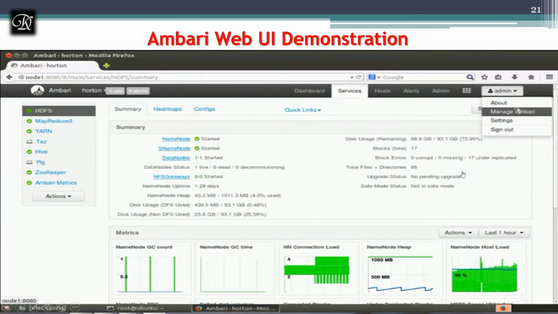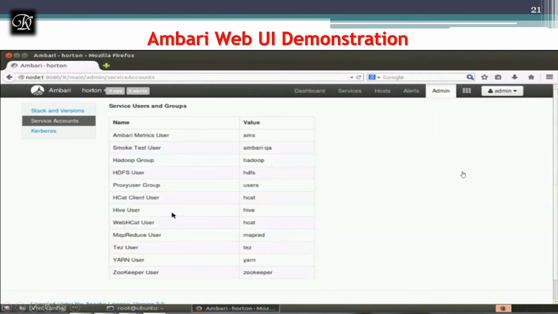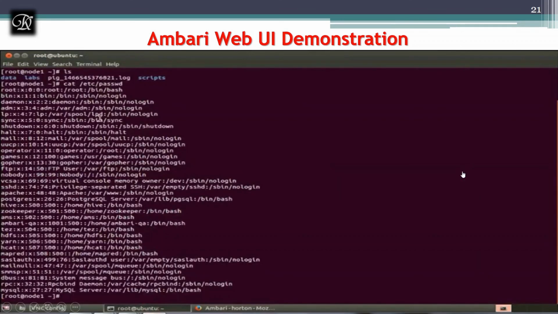You can even manage the passwords in Ambari as admin if you have admin credentials. And you can see Kerberos over there. About Kerberos we have already discussed in the first video. These are all the services which belong to our Hadoop. I told you, you can list the services by using the command, or you can also check by using the web UI.